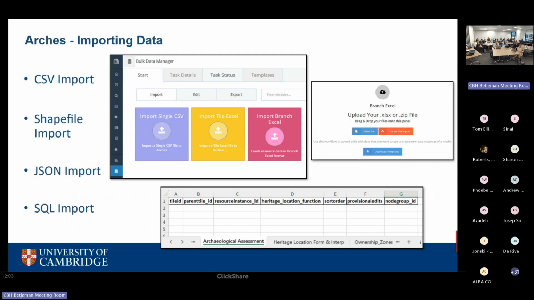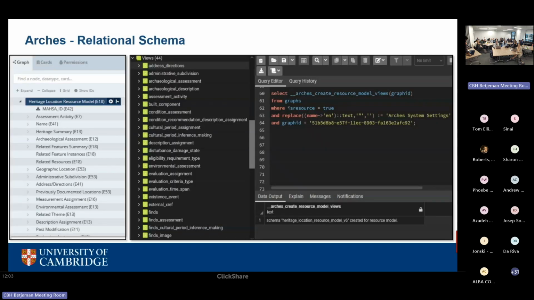For our MAHSA data import pipeline, we are using SQL import. This is because of how our working is set up. When we were dealing with our dataset and the legacy data, we noticed that there are a lot of issues of data duplication, or one site being listed by, like, 5 or more resources with all variable coordinates. So we had to set up an internal centralized data working strategy. To do this, we chose the SQL import